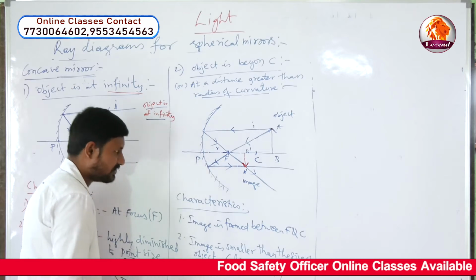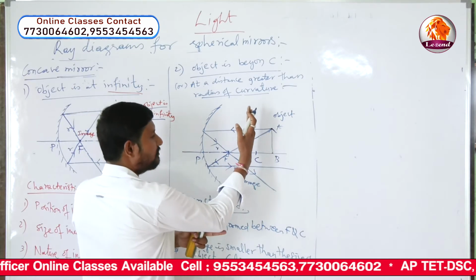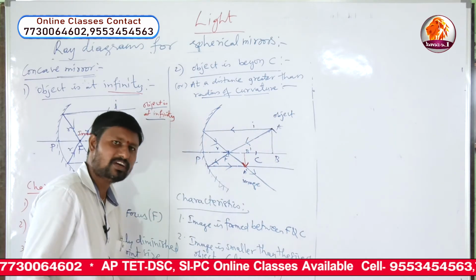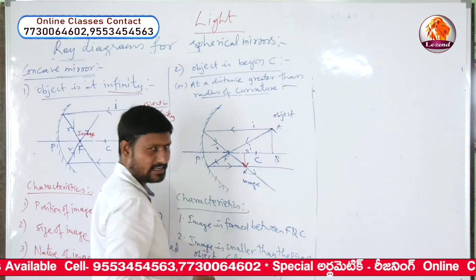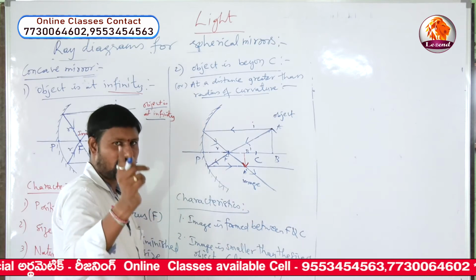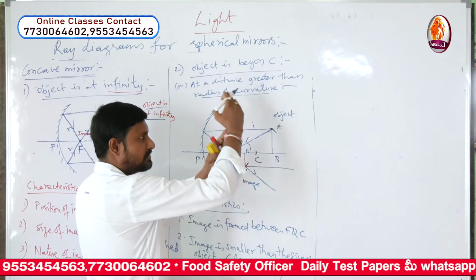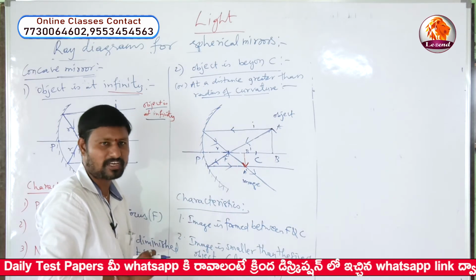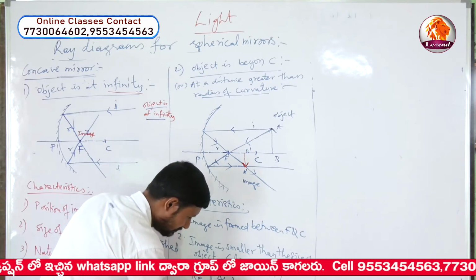Next, number 3, its nature. Whenever the image is formed in front of the mirror, we can catch it on the screen. So when you place the screen here, we can see the image on this screen. So the image is real, we can catch it on the screen. And now the object is above the principal axis, and the image is formed below the principal axis. So whenever the image is formed below the principal axis, if you observe here, it is an upside down image. An upside down image is always called an inverted image. So here it is real and inverted.